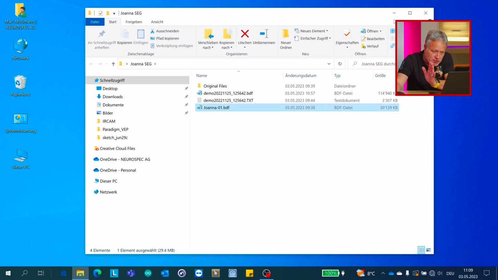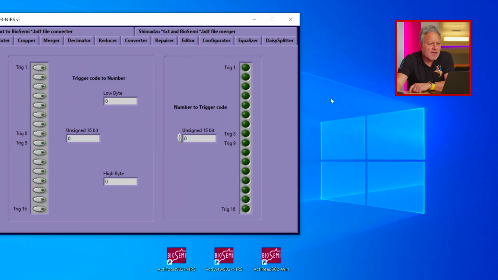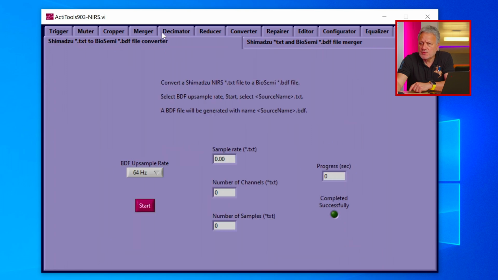Okay, so what we're gonna do now is different. We're gonna go back to ActiTools. And this time, we're going to use not the converter, because we're not gonna convert any files. We're gonna merge the 2 files. And remember what I said before, when we merge the NIRS file with the EEG file, the ActiTool software will